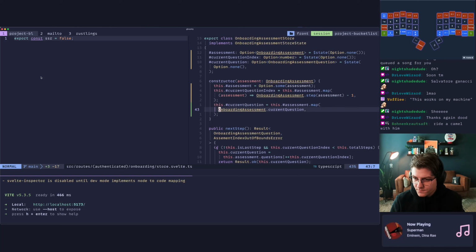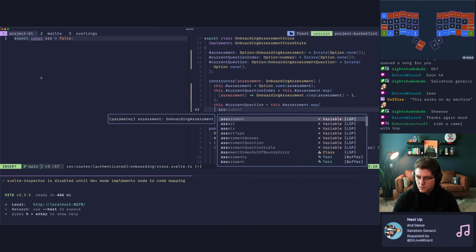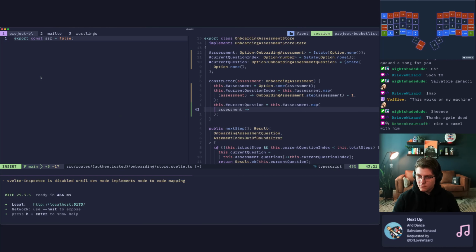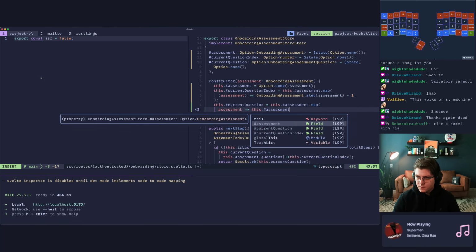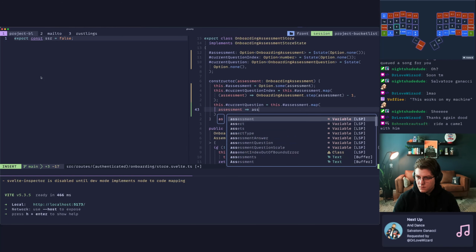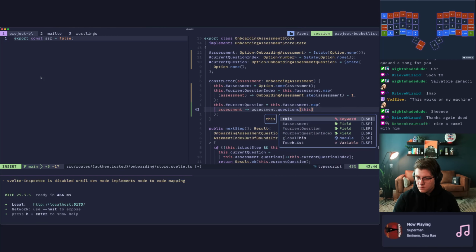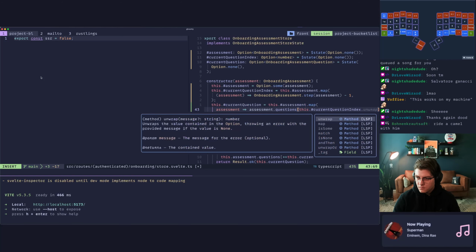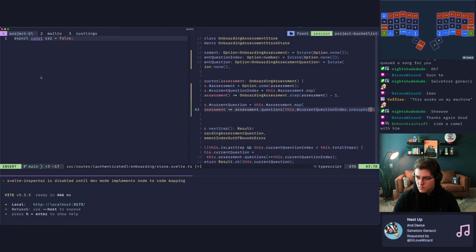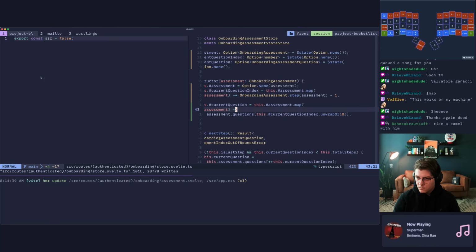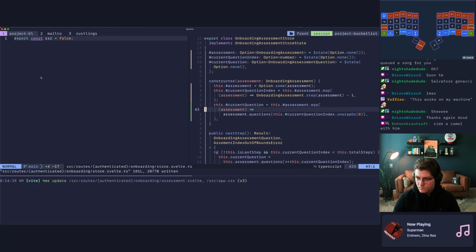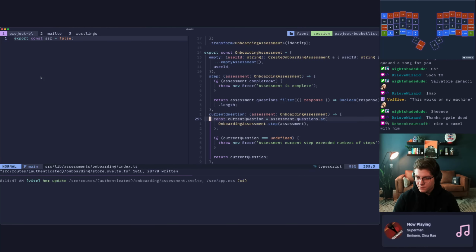What if we do... I don't think this is it, but maybe it is. I don't think that would break reactivity. Let me look here. What does current question do? It grabs that. Yeah, that should be totally fine.